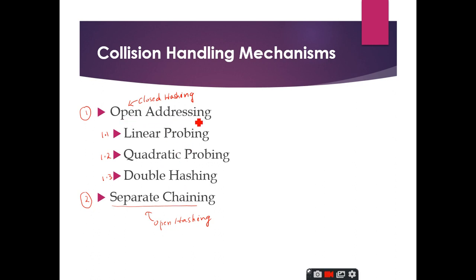in open addressing you will be using only the hash table slots. What is a hash table? How do you implement a hash table? At least tell me the definition of the hash table. Data structure to store key value pairs. Super. It is a data structure which is used to store key value pairs.